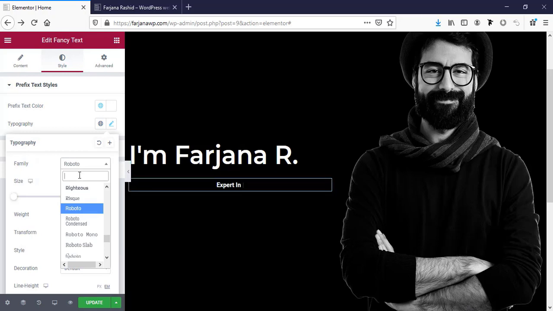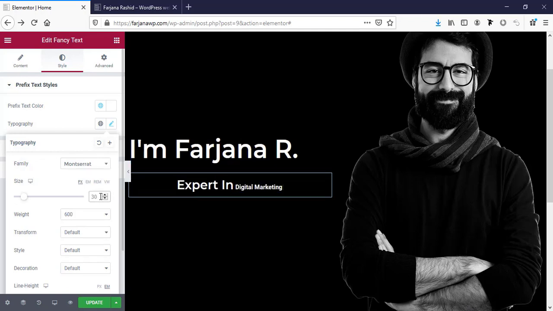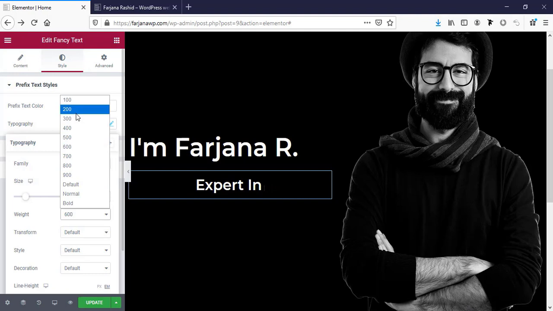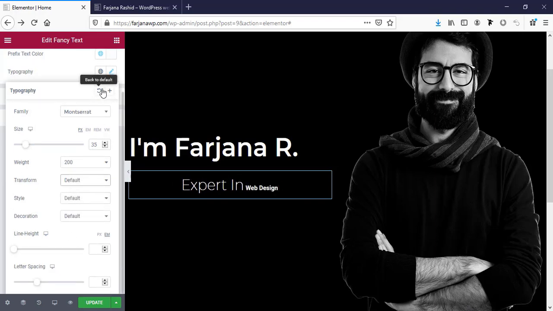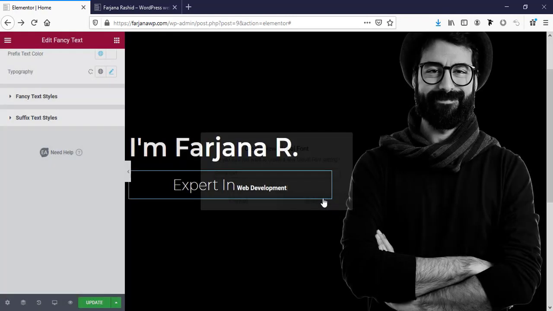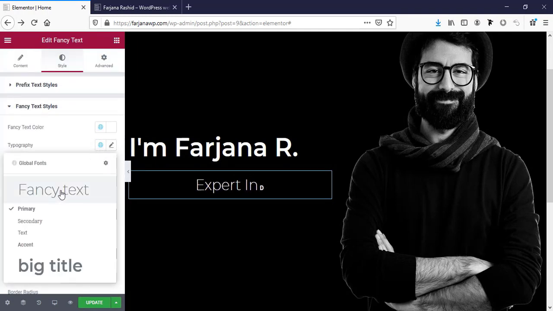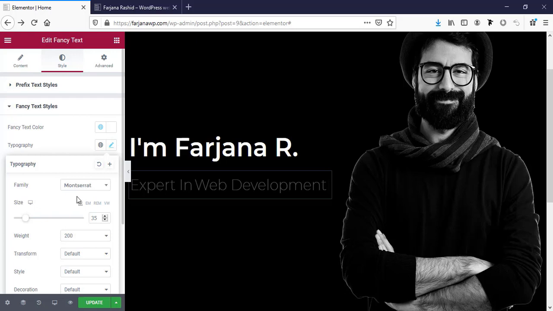So I'm making the font family Montserrat and font size 30 pixel or 40 pixel, and making the font weight light, and text transform we can make uppercase. No, I am making it default, and just saving it as fancy text. Create. And now fancy text style typography, I'm making it fancy text, and for this one we can make it a little bold,